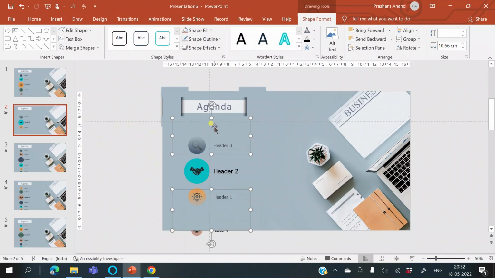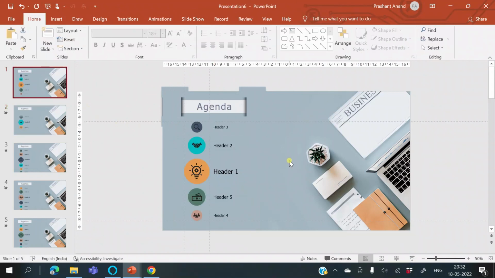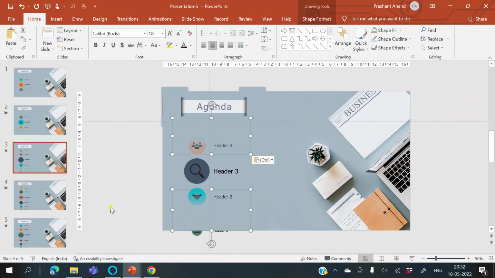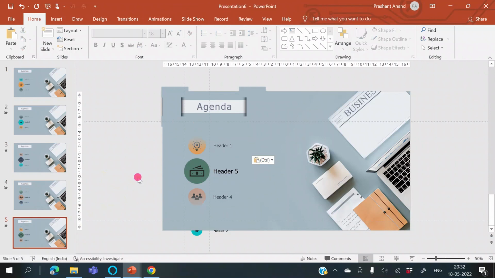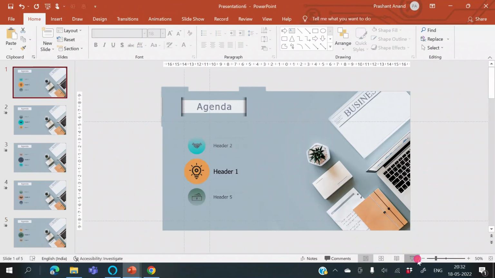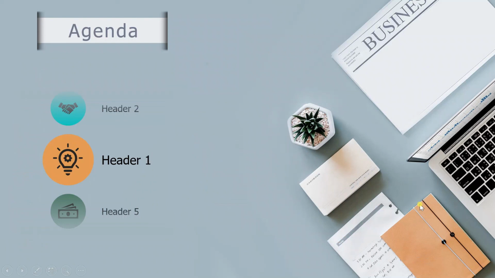So I have created these boxes on the second slide. I just selected both of them, pressed Ctrl C, and I'm placing them on all our slides. So 1, 2, 3, 4 and 5. Okay, perfect. Now let's see how it is playing. Let's go to slide number 1,